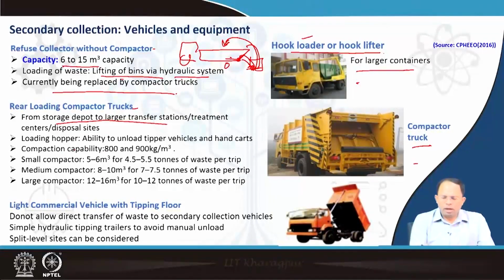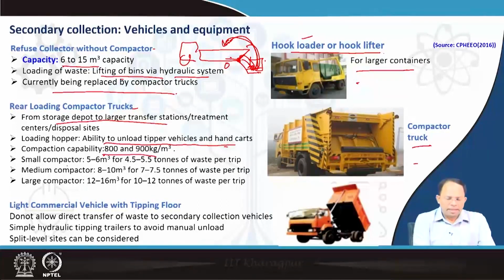This loading hopper has the ability to unload tipper vehicles and handcarts. So as we are discussing over here, there is a loading hopper. The handcarts or tipper vehicles can unload their garbage over here, and this actually is loaded into the vehicle. And for compaction, there is the compactor inside which can compact the garbage to 800 to 900 kilograms per meter